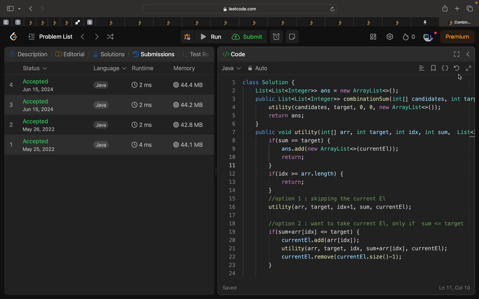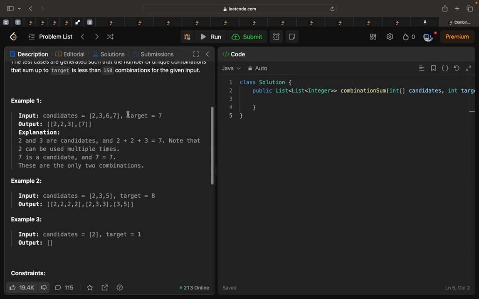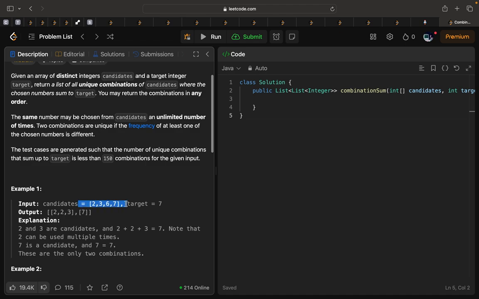We can reset our code. Okay, so this was the problem which I got asked in my interview. Basically we need to find all the